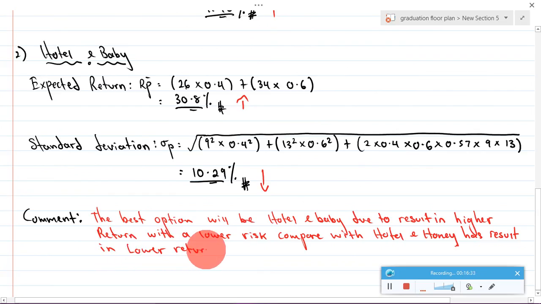Okay, so the best option would be hotel and baby due to resulting in a higher return with a lower risk, compared with hotel and honey, which has resulted